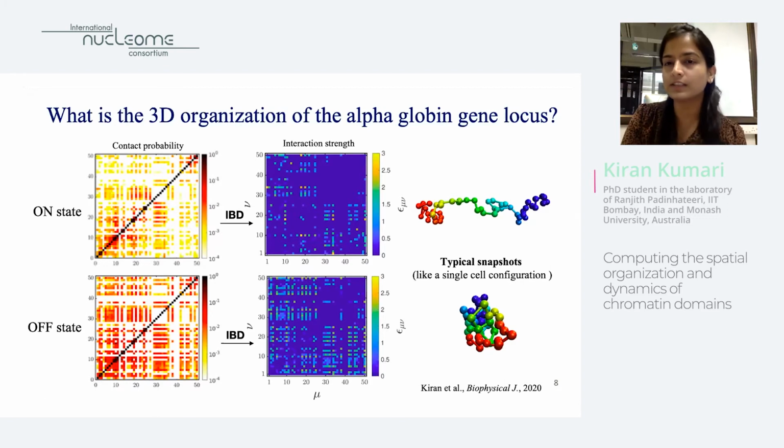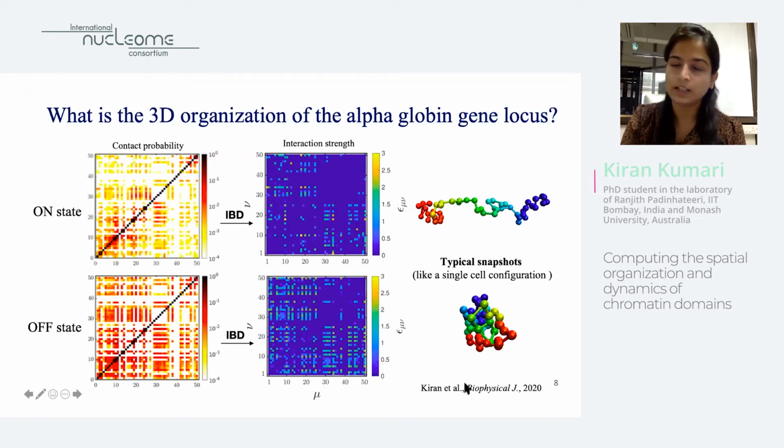This is also consistent with the notion that in the on state, the reading machinery has to come and bind the DNA and read the gene. So it needs to accommodate the reading machinery here, and it needs to be in an open state. But in the off state, where these gene reading procedures are not happening, it can be in a more collapsed state to avoid the reading machinery as well. We have characterized the shape properties of alpha globin in these two states, and the details can be found in this paper.